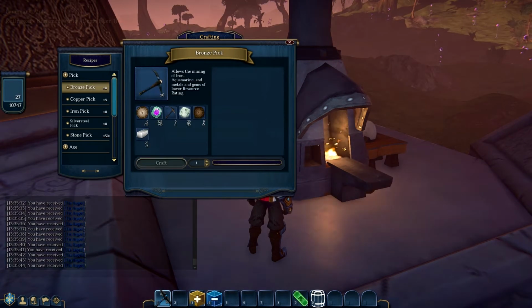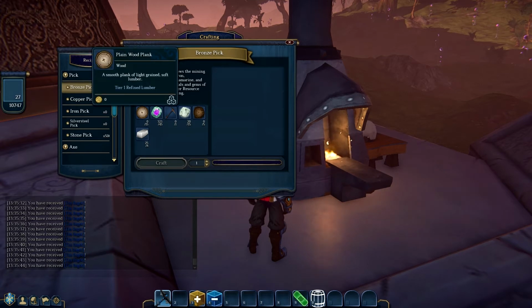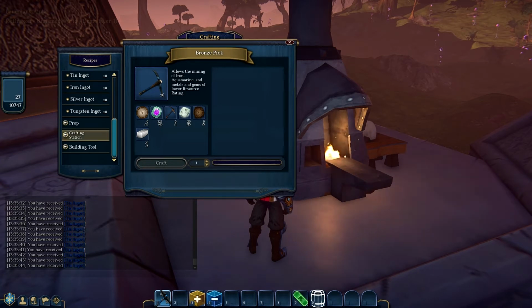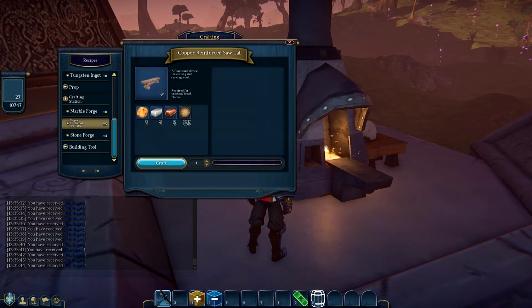Alright, that's all done, and now I go back to craft the bronze pick, and I notice I actually need wood planks, so I need to refine my wood down to planks, and there's no option here for that. So what you have to do now is actually craft a saw table, and I could do that. However, rather than wasting the materials on it right now,